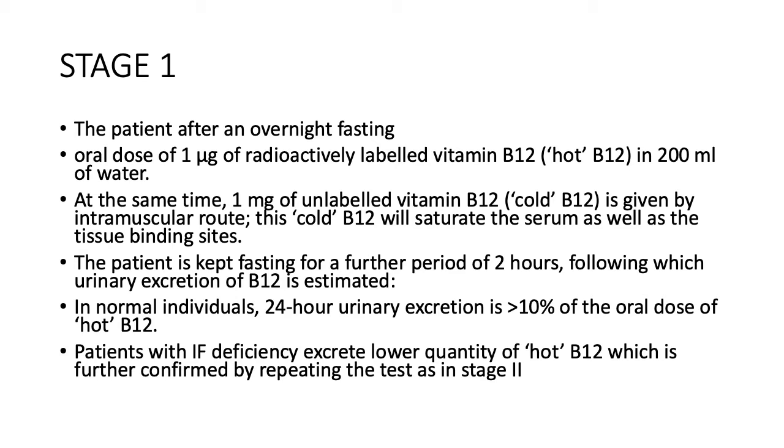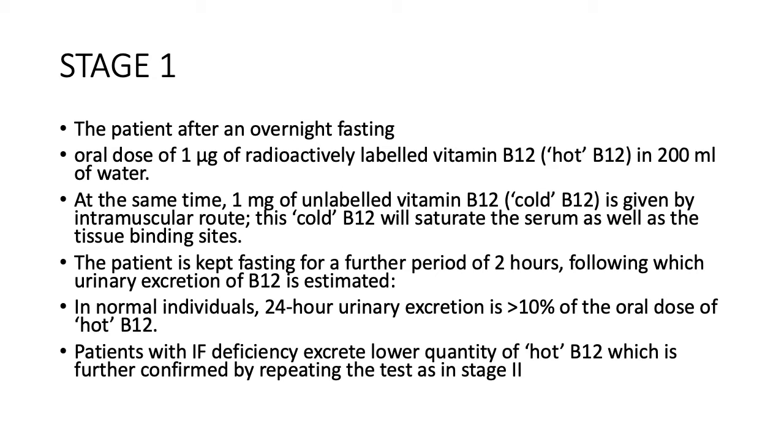The patient is kept on overnight fasting, and an oral dose of 1 microgram of radioactively labeled vitamin B12, which is called hot B12, in 200 ml of water is given to the patient. At the same time, 1 milligram of unlabeled vitamin B12, which is called cold B12, is given by intramuscular route, and this cold B12 will saturate the serum as well as all the tissue binding sites. The patient is kept fasting for a further period of 2 hours, following which the urinary excretion of vitamin B12